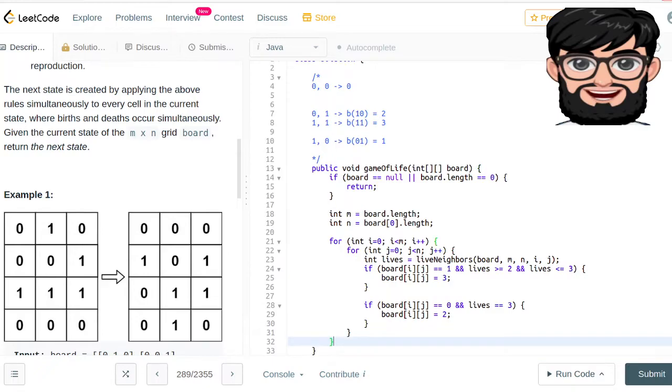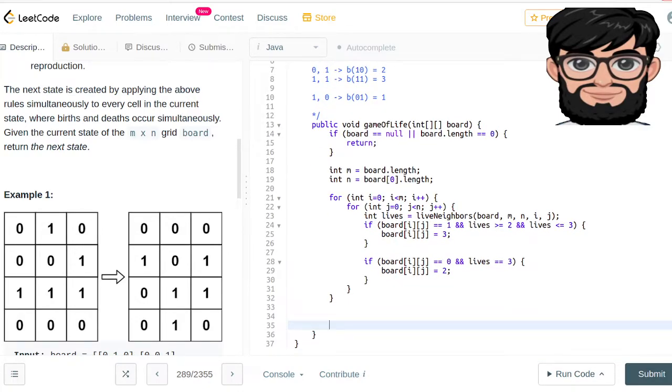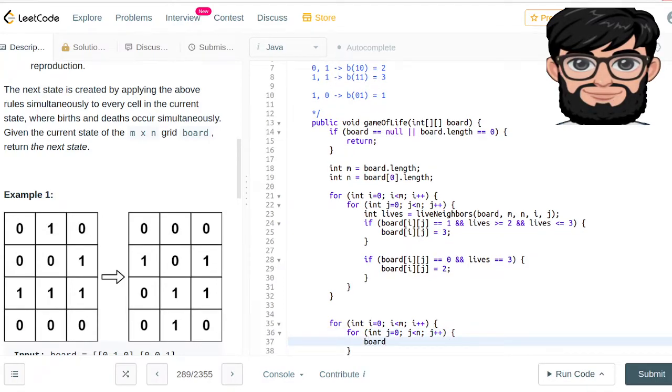Okay, once we come out of this for loop, all we need to do is to change for every single element inside the array. We're gonna go to the next state. For int i equals 0, i is less than m, i plus plus. For int j equals 0, j is less than n, j plus plus. The board of i j is gonna right shift equal to 1,